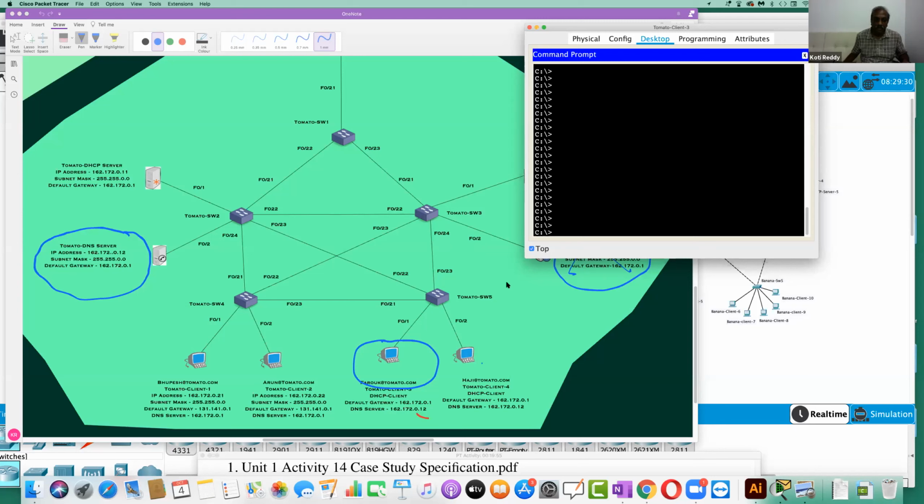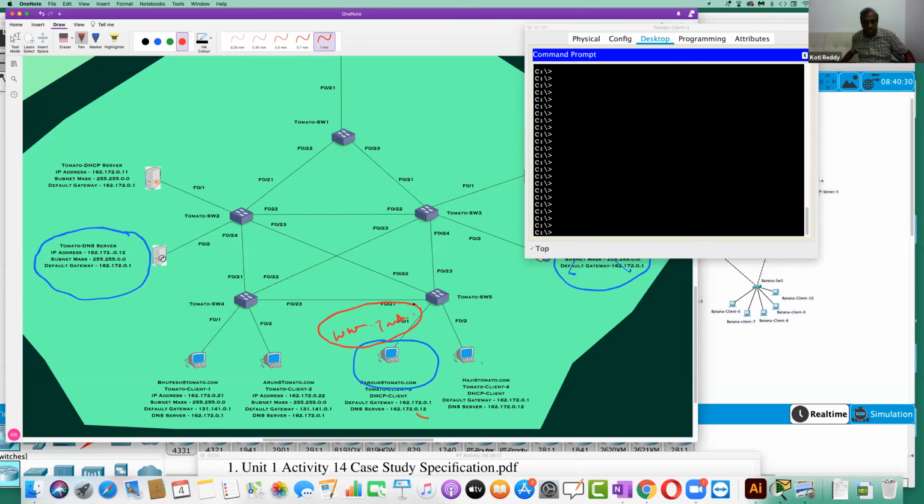So let us see first of all. Let's follow the packet. When you do troubleshooting, follow the packet. So when Farouk goes here, he types www.tomato.com. What happens now? First of all, the name has to get resolved. The query has to go to whom? The DNS server, asking the DNS server what is the IP address of the name www.tomato.com, right? To ask a DNS server, first of all the client should have been given the IP address of the DNS server.